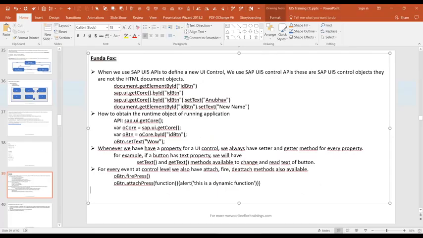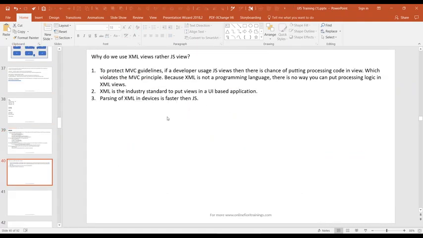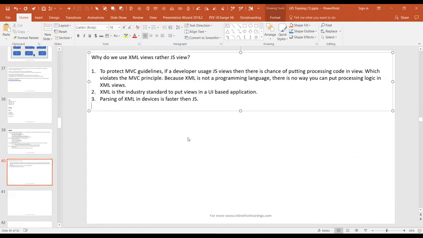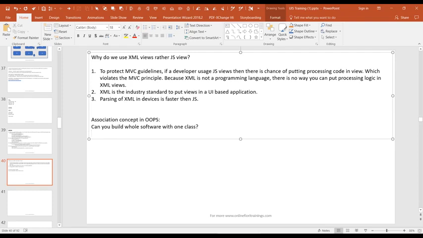So can you build a whole software with one class? Anybody? Can you build your whole software with one class? I'm talking about object oriented now. I would say yes, you can. Perfect answer. Swami has given it right. Yes, you can, but